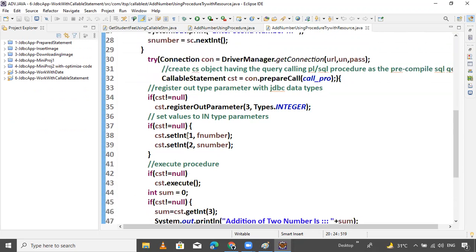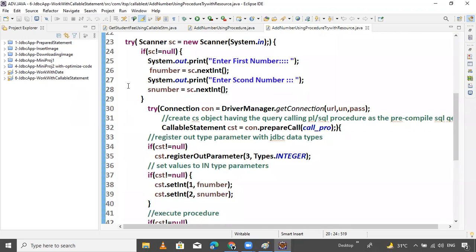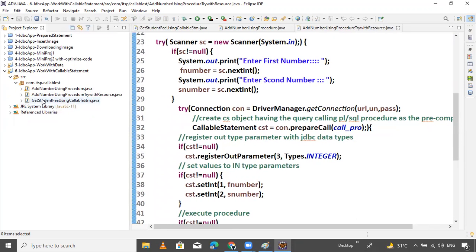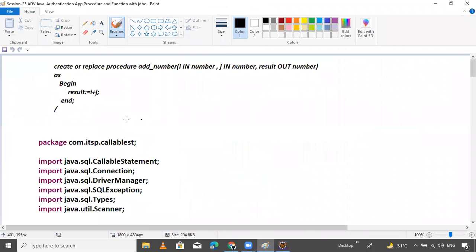This is our total example. This is try with resources and without try with resources, both ways I have shown you. I have discussed only two ways with you guys. First with try with resources and another without try with resources. And I also showed without try and quest. Both the three ways of procedures we have discussed, by using the throws keyword and with the try with resources. Okay, this is the last class example.